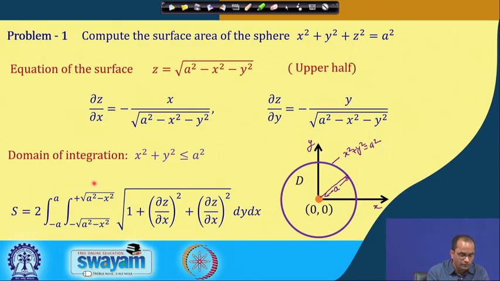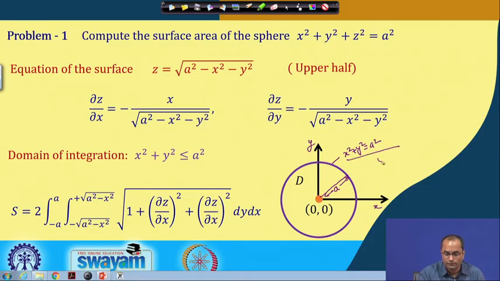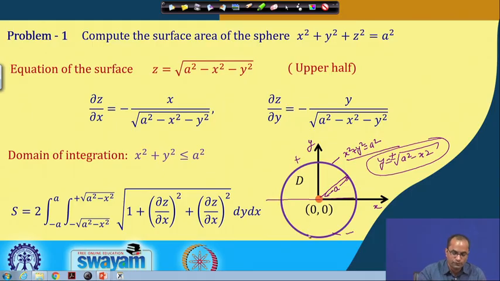So, let us first fix the inner one with respect to y. So, in the direction of y, we are moving from this circle to the upper half of the circle. So, that means the y from here will be square root a square minus x square with plus minus. So, this will be with the minus sign and the upper half will be the plus sign. So, we are moving from the lower with minus to the plus one. So, minus square root a square minus x square to the plus square root a square minus x square, the upper part,